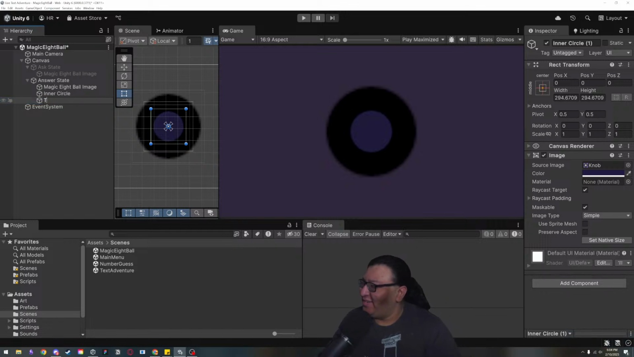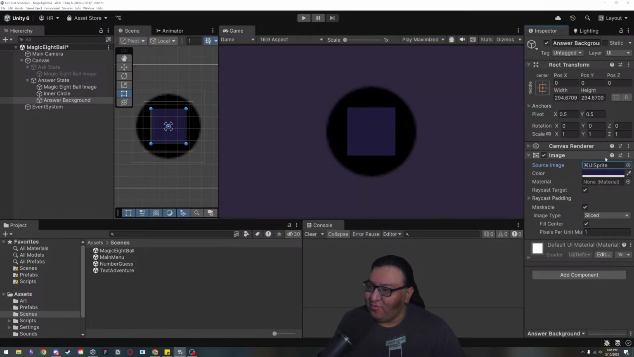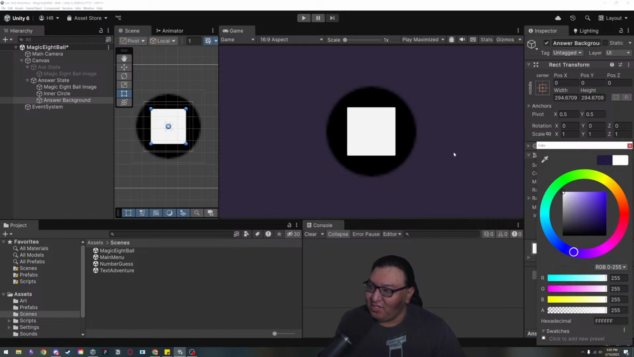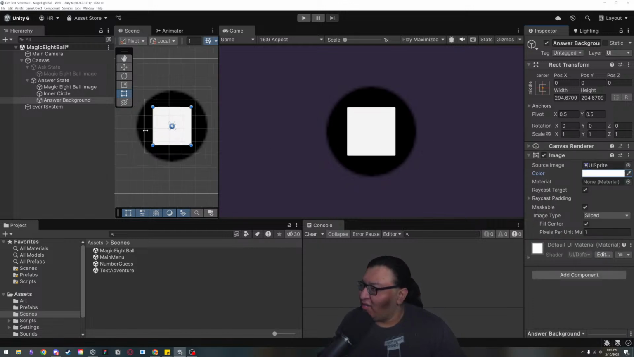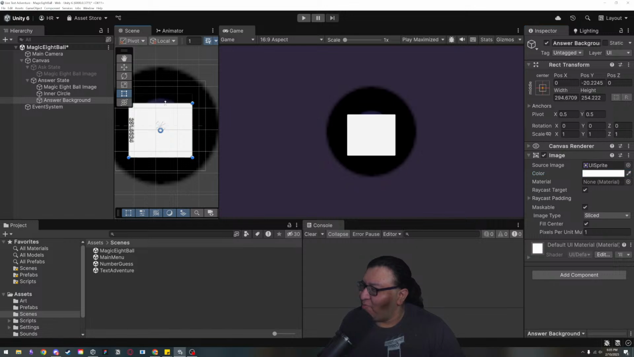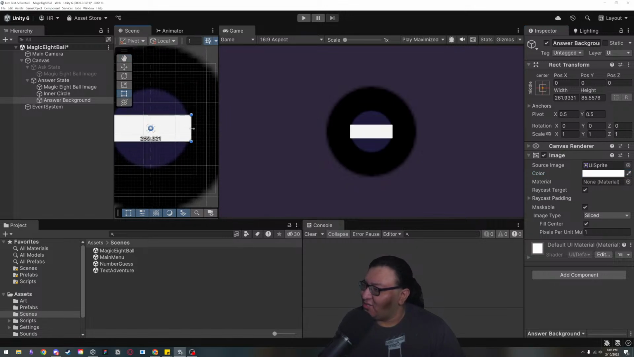Let's do answer background. Okay. And then let's see if there's, no, let's just use this. That's fine. I'm using the UI sprite image, and I'm going to change it to white. You can see it's really bright and big. So I'm going to make it smaller by just doing that and then dragging in the edges